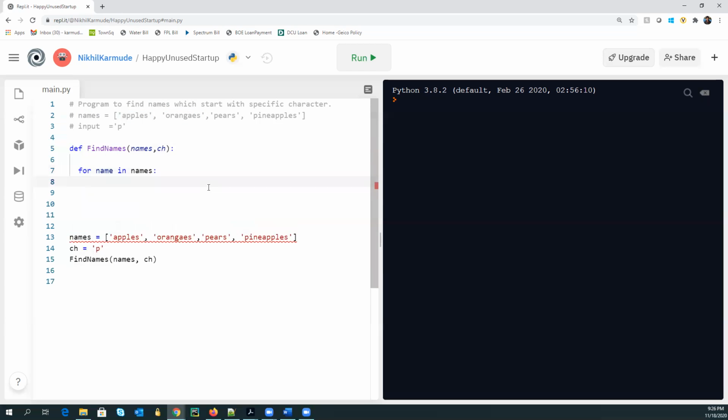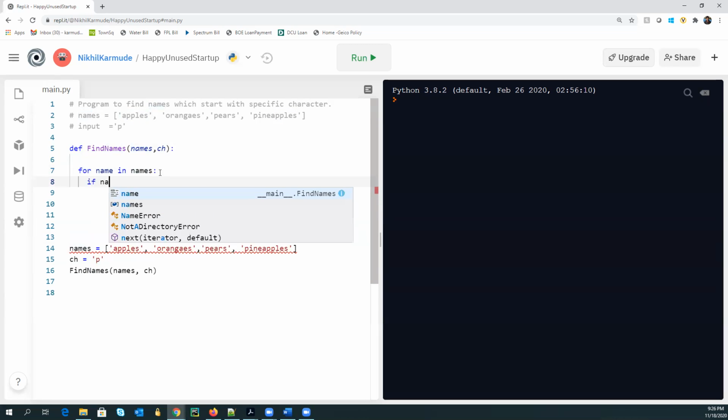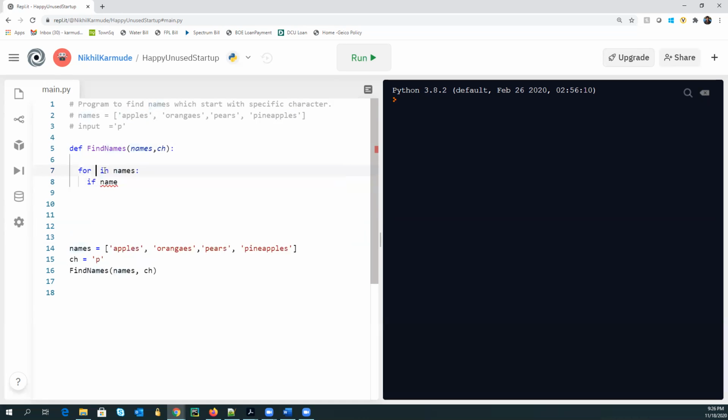So first time my name variable is going to carry this apples word. So what I need to do is take a different term like X or Y so that there would be no confusion for the students. Yeah, so then we can take it as an element, like a word: for word in name. If word,